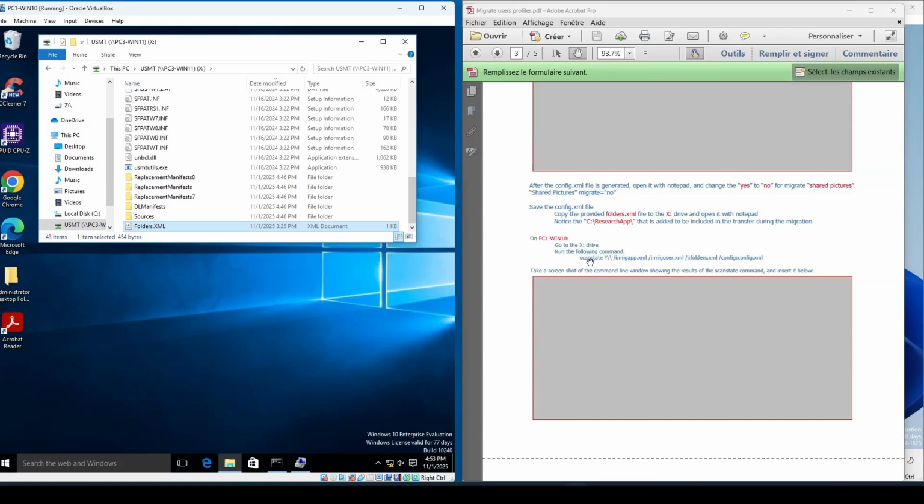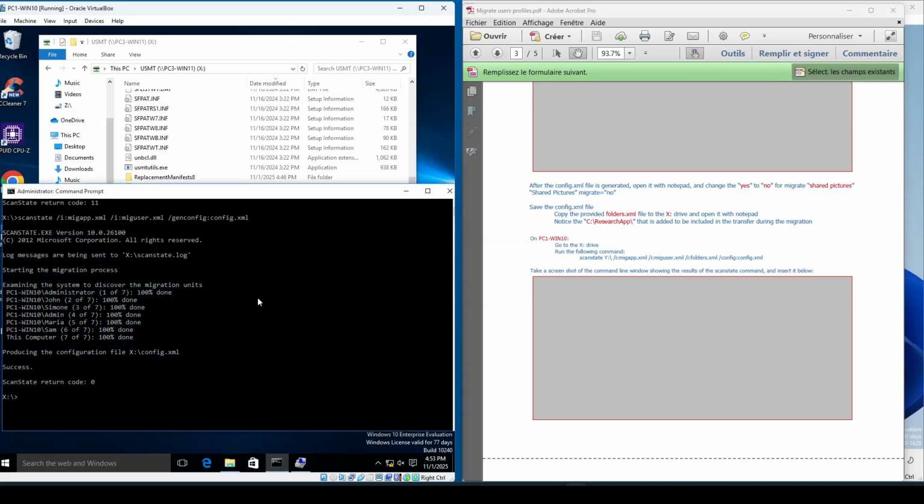Now we're going to run another scan state, okay, because we will include the folders that we added here, and the config file is already created. We're going to just use the config file. So we'll go to the command prompt again, and we will use the scan state,